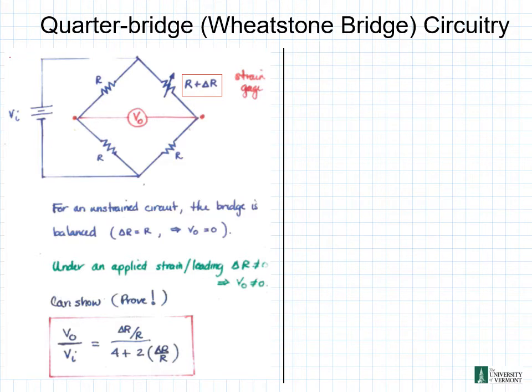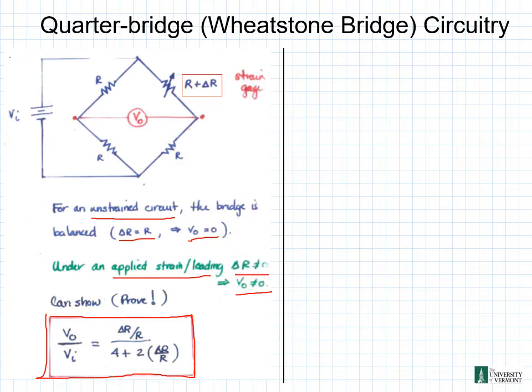Now for an unstrained circuit, the bridge is balanced, so our delta R is equal to 0, and our V naught is equal to 0. But under an applied strain or loading, our delta R cannot be equal to 0, and our V naught is not equal to 0. So we have this relationship here that our V naught over VI is equal to our delta R over R